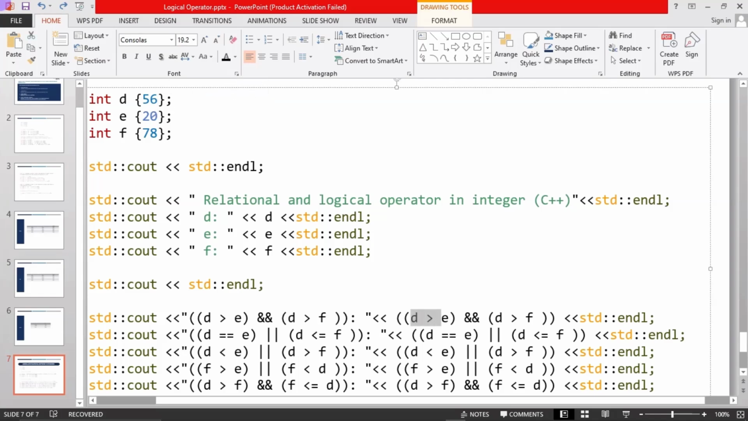So this is a true statement, and D is greater than F. Definitely D is not greater than F. D is 56 and F is 78. This is actually a false statement. So from our previous explanation here, we should know what we're going to get. It's going to be a false statement, because